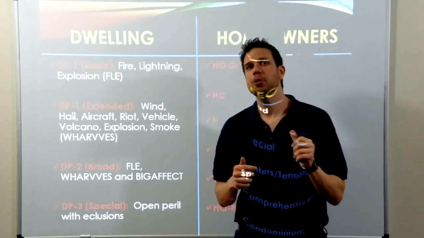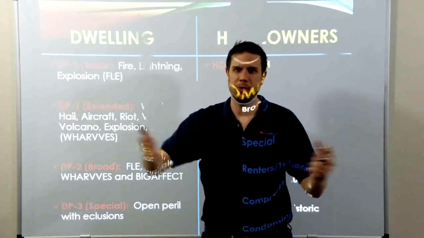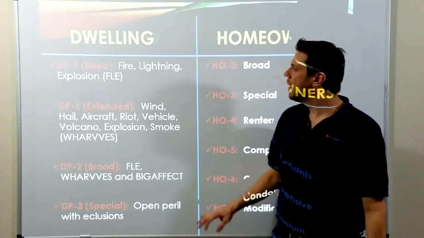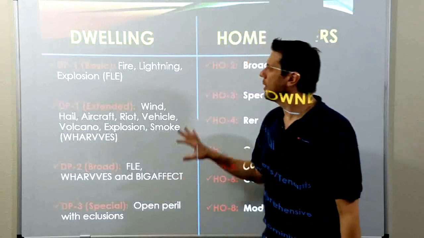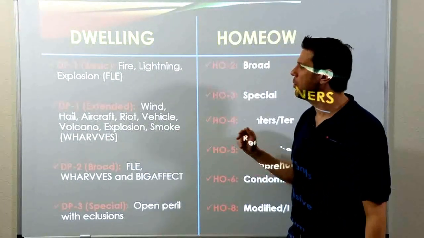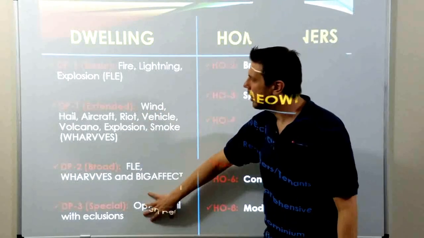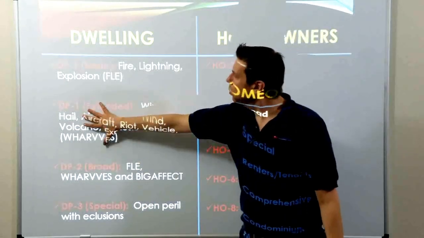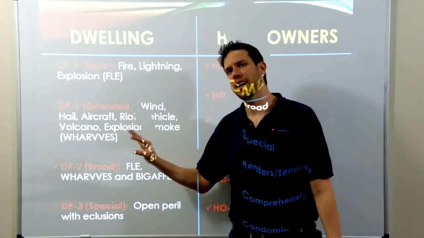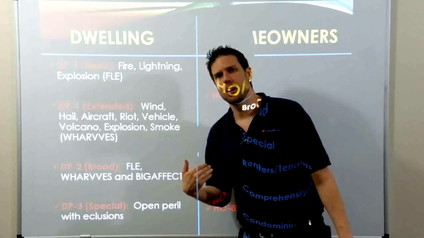One volcanic eruption is considered 7 days because volcanoes keep erupting over time. But it still doesn't cover earthquake. The DP1 extended will cover wind, hail, aircraft, riot, vehicle, volcano, explosion, smoke. So we like volcanoes, we don't like earthquakes. But remember the DP1 extended perils will not cover you if your daughter drives through